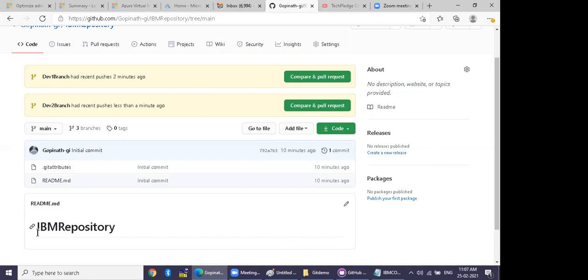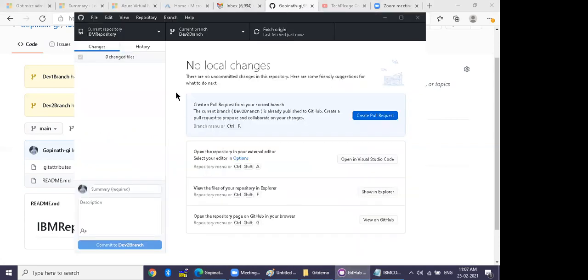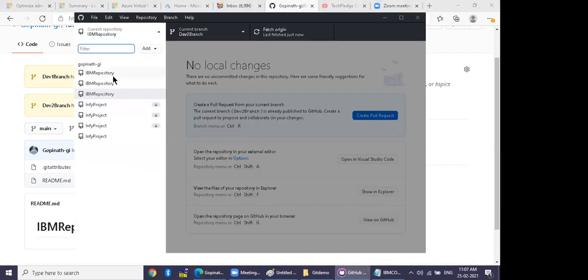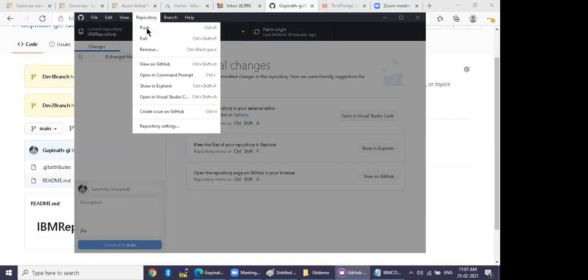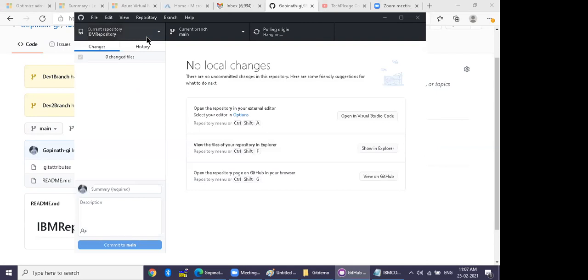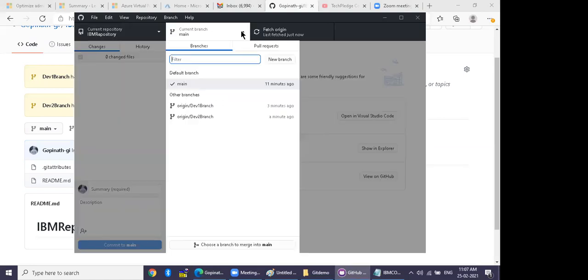Okay, so go back to github.com, GitHub Desktop, and switch to the team leader first. What does the team leader have to do first? Pull. So go to the repository and say pull. Now your team leader must be able to see 2 branches, right? Click current branch. Why is he able to see these 2 branches? Because he pulled the changes now.